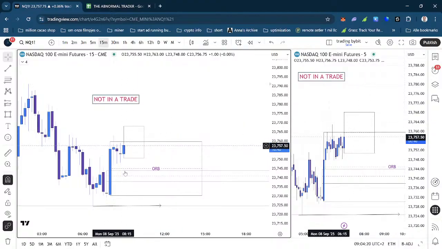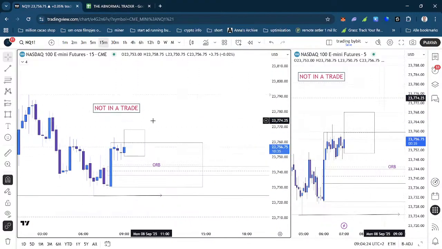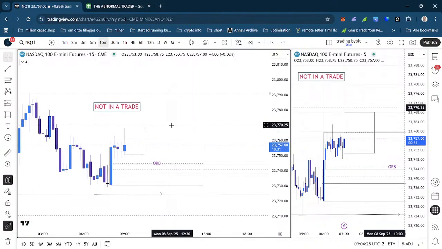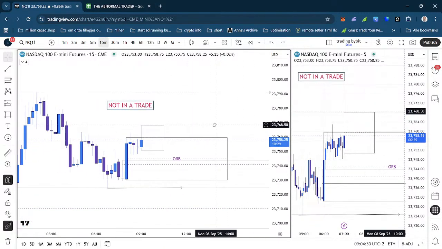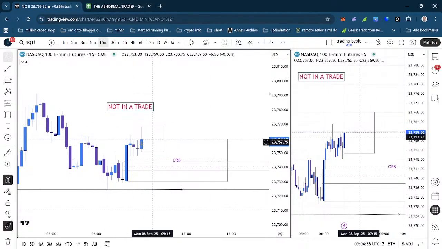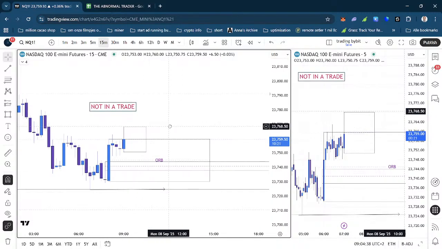If you are already in a trade and you say, okay, I don't want to risk more out of it, then you just take the first trade, of course. But if he's not in a trade, I think that's what he means. If you're not in a trade, then you only take, of course, the one that breaches.